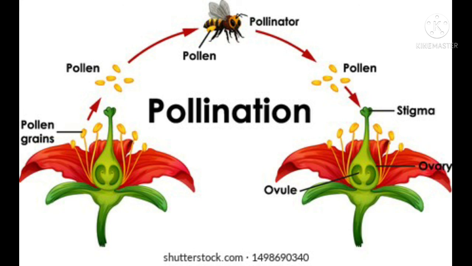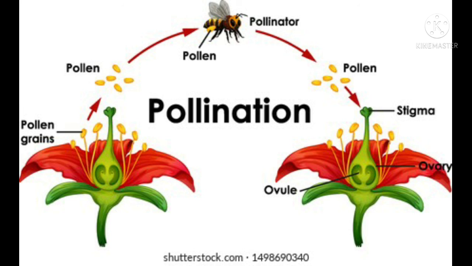Style एक hollow ट्यूब क्योंकि होती है, तो यहाँ से होते हुए pollen grains ओव्यूल तक जाते हैं, ओवरी तक जाते हैं. ओवरी के अंदर छोटे छोटे बीड लाइक स्ट्रक्चर होते हैं जिसे ओव्यूल कहा जाता है. जब pollen grains यहाँ ओवरी के अंदर ओव्यूल के साथ मिक्स होते हैं या फ्यूज होते हैं, then the process of formation of seeds starts, or the seeds are formed. So, in this whole process of reproduction, the seeds are formed as a result of fusion of pollen grains with the ovules in the ovary. Only then the flower is changed into seeds.